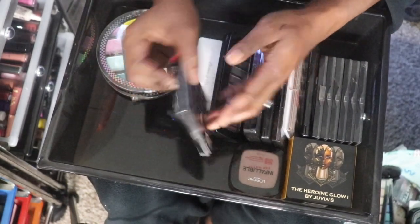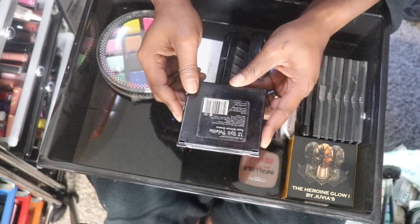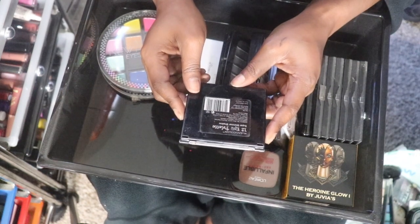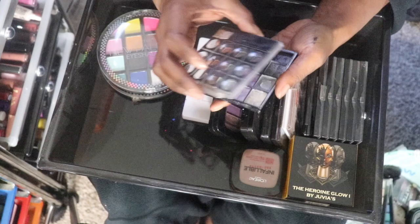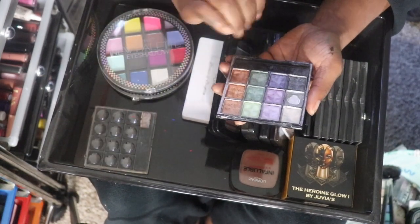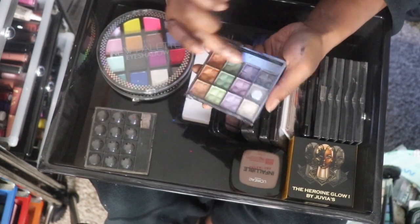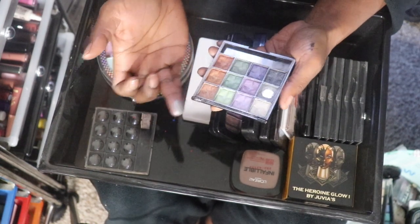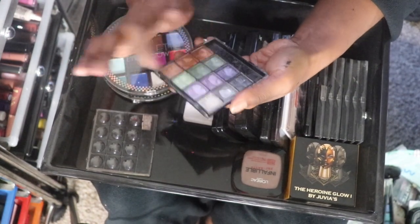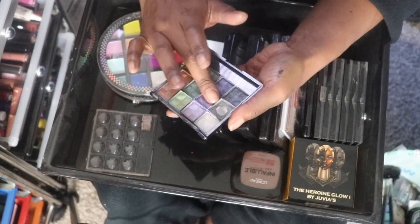Now this palette right here is an old palette from when I first started wearing makeup back in the day, which is the Clean Color 12 eyeshadow palette, and it's called the Super Shimmer palette. You guys, I used to love this. It's all worn out and very beat up. I hit pan on this silver shade, which I'm assuming I loved back in the day. But you guys, look how good this is, and you could tell I used every single color before. Like, I was in love with this palette,